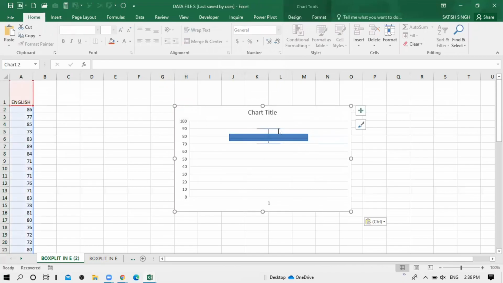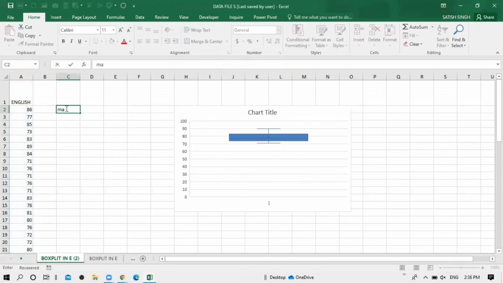Now if you are not aware what these lines are, what they mean: basically this is known as the 5-number, or we can say 6-number summary. And what are those 6 numbers? Let's calculate them. First of all, in a box plot, the value that is calculated is the maximum value. Then we have the third quartile, then the second quartile, which is also known as the median, then the first quartile, and the minimum number, and one more number that is there, that is the average. So how can we calculate that? I am going to tell you one by one.